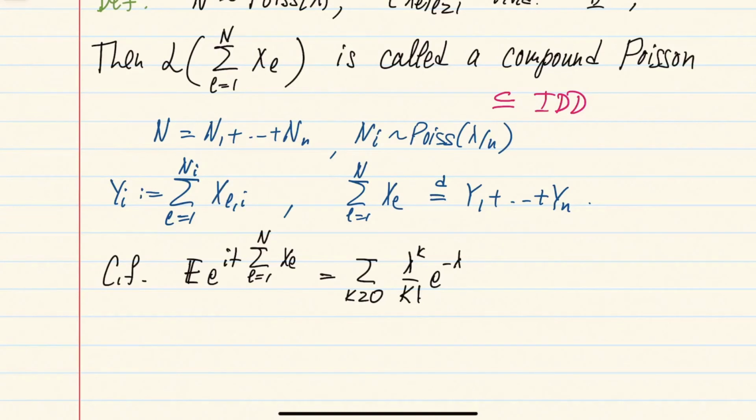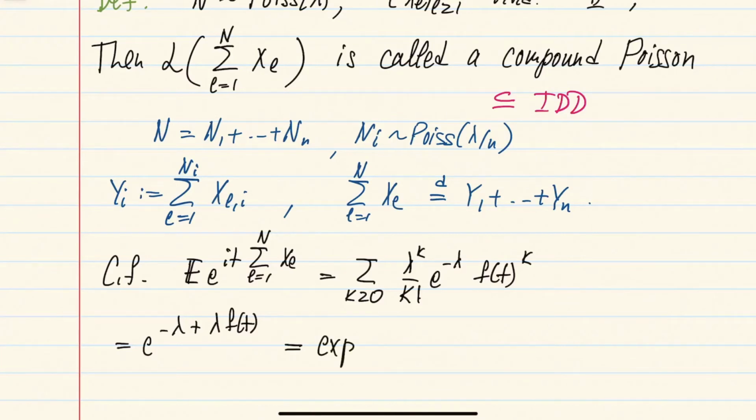And then when capital N is fixed to be k, we are left, of course, with just the characteristic function of X_1 to the power k. And so, as before, we get e to the minus lambda times an exponential series corresponding to lambda f of t. And then recalling that f of t was the characteristic function of the distribution of X,